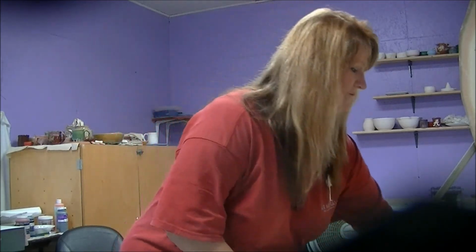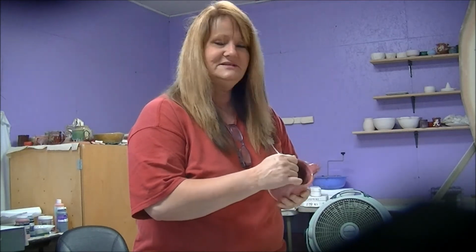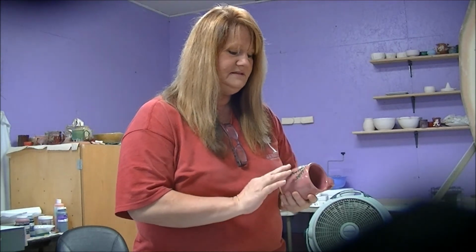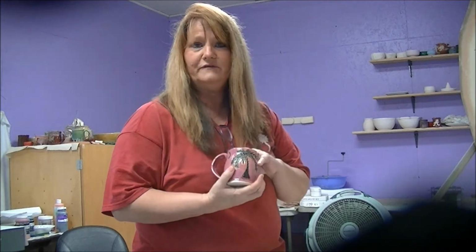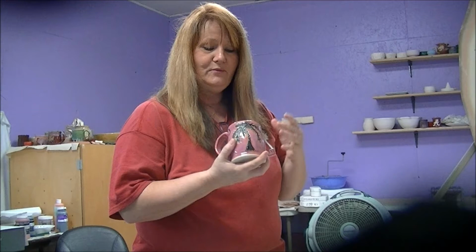And I also have a friend, I think it was the last kiln opening I did, I had done her a South Carolina tree with the moon mug, and her tree turned white. And I'm still learning this. It's just hard to get the underglazes or black glazes to stay in there. I think maybe it's not carved deep enough, or maybe I wipe off too much of it. But anyway, I have redone her mug,